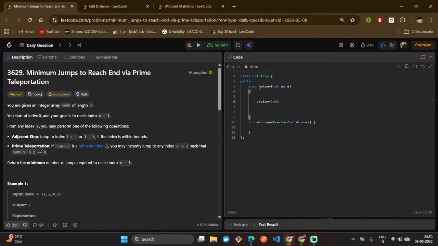Vector int, vector bool. What will the prime number and what will the size be? Maximum element plus one, right? And the true, right? So the prime first, it is a famous concept of a sieve of arithmetic to find all the prime numbers. Okay, so we use this